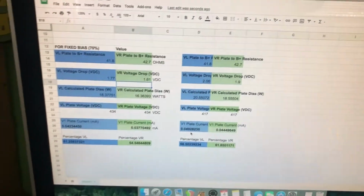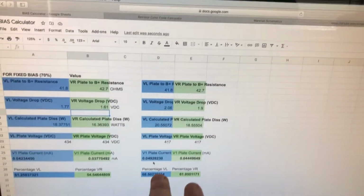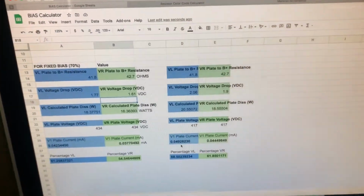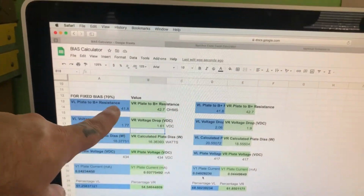Will we need to replace the tubes? Probably not. However, what I am going to do, I'm going to swap these tubes around and see if we get a different result. So I've just turned the amp off. I'm going to let the new tubes cool down. Let's look at the numbers and actually figure out what's going on here. So we can see